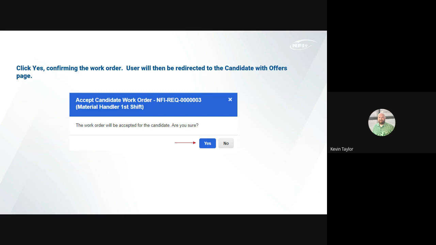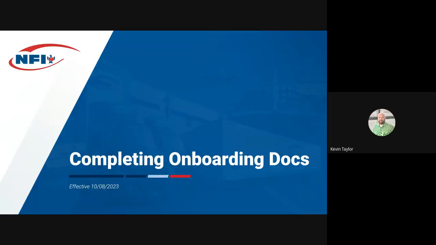Then on the next page, you're just going to hit yes to confirm the work order, and then the user will be directed to the candidate with offers page. And that's basically all you have to do for accepting the work order. It's pretty simple. The only two major things are making sure you get that correct email address put in there,